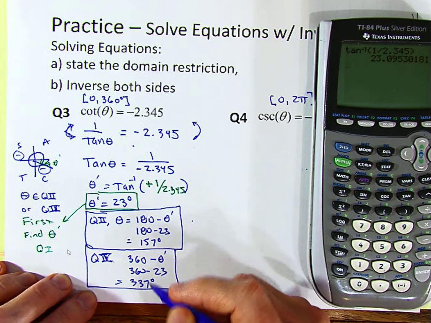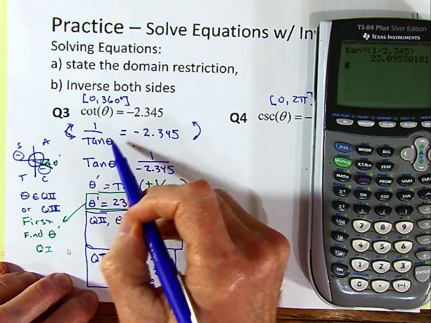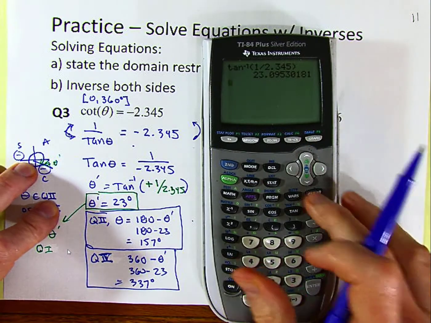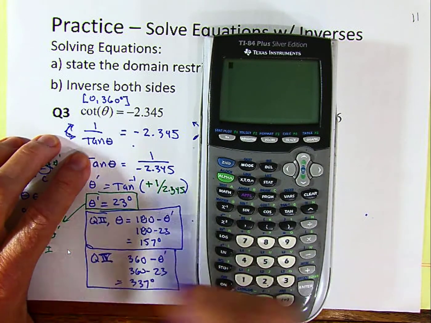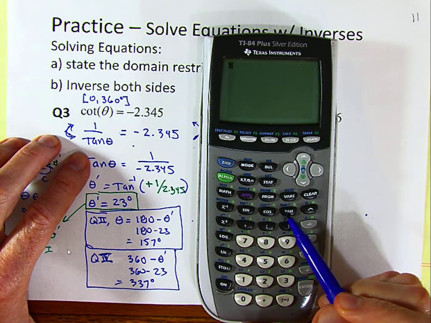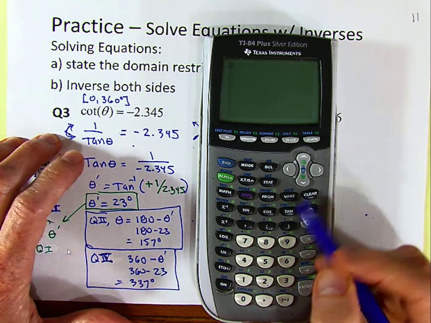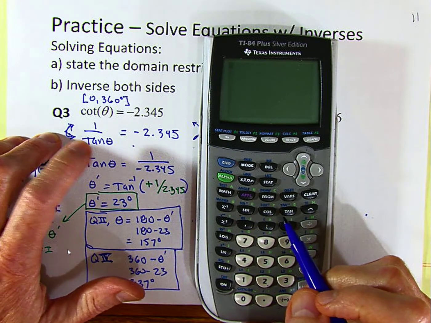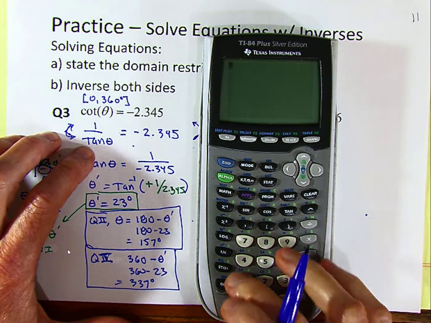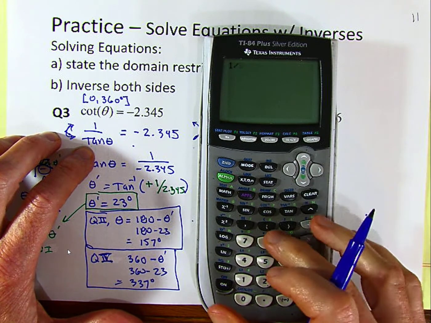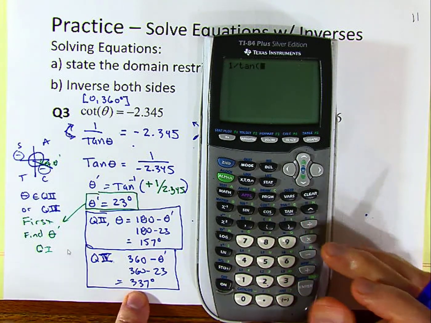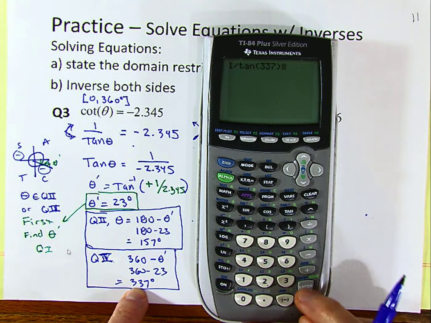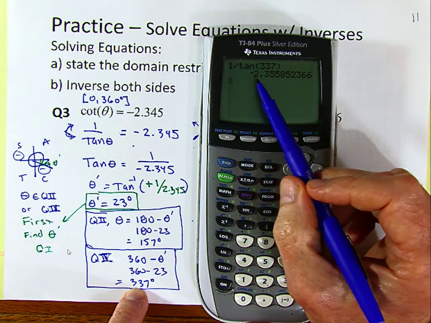And these are things we can check. We can plug these numbers into this equation and see that it comes out. Why don't we do one of those? Let's check real quick. Now I can't type tangent. I don't have tangent in my buttons, but I do have 1 over tangent. Sorry, I cannot type cotangent because I don't have a cotangent button. But I can type 1 over tan, 1 divided by tangent, and I want to check 337. 337, close the parenthesis, hit enter, and what does it come out to be? Negative